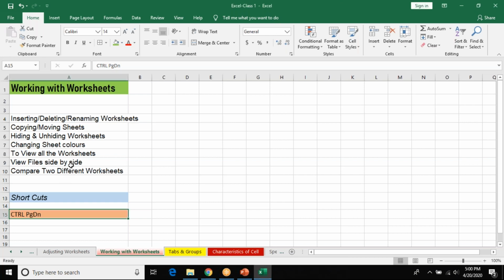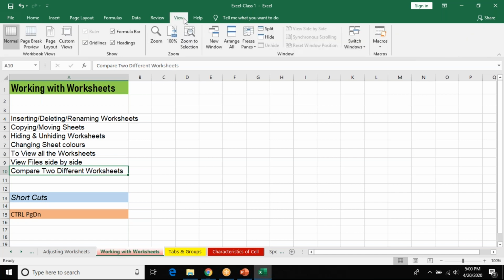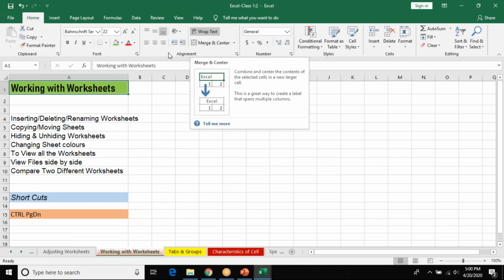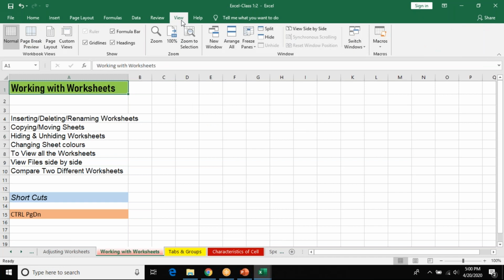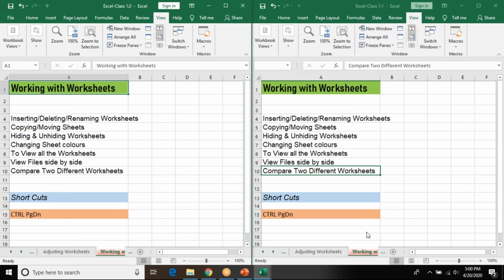How to compare two different sheets. Now we are on working with sheets. Go to view. You have to select new window. Okay, again go to view. You have this next option as view side by side. Click on this. Now two sheets are next to each other.